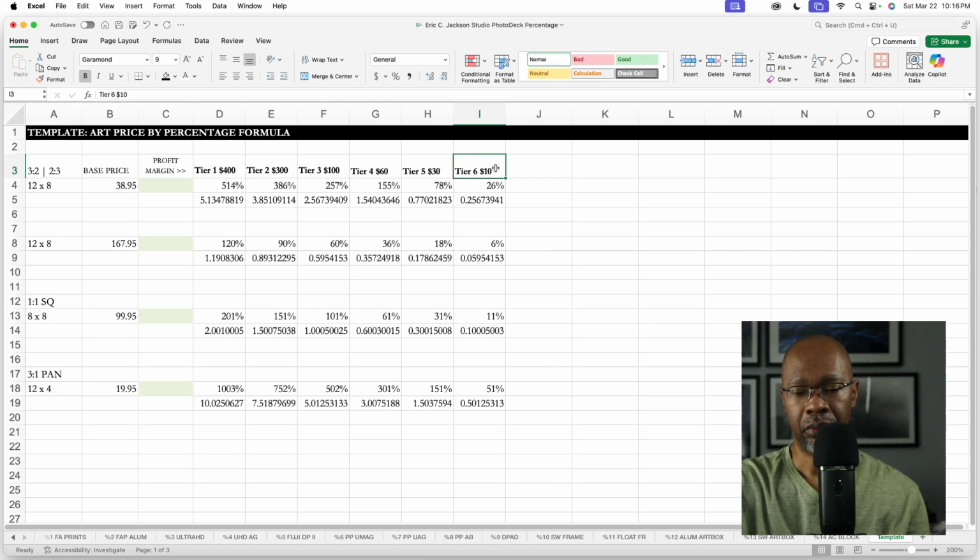So buyers who are looking for something at a much lower price point, they'll go to prints that are at tier 6. So before I go forward, I'm going to also add, I added these as a keyword